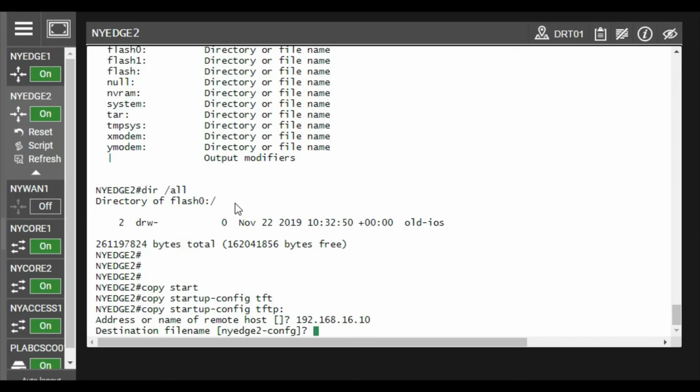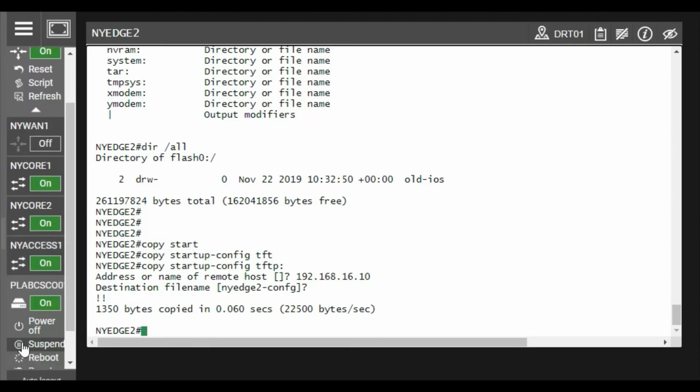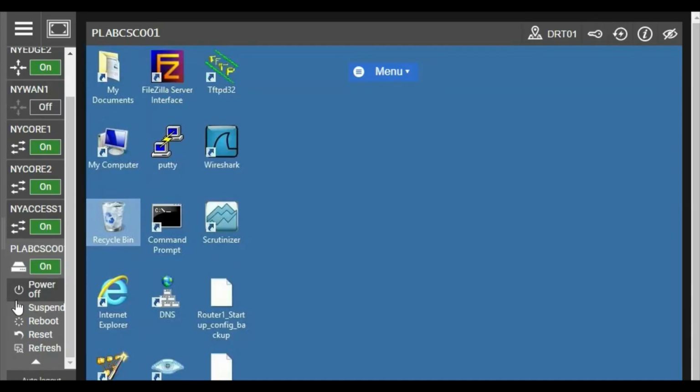You can either enter the key or you can give a file name as per your choice. So I don't want to keep another file name. I want to keep the file name as nih2config. That's it, and enter. So you must have two configurations in your PC which have been taken backup. So you can see here two configuration backups are available.